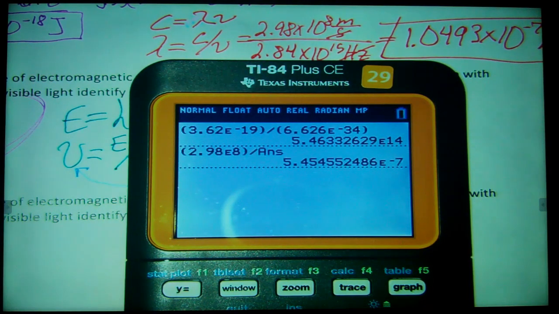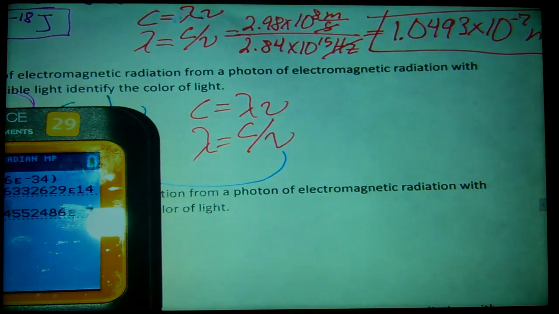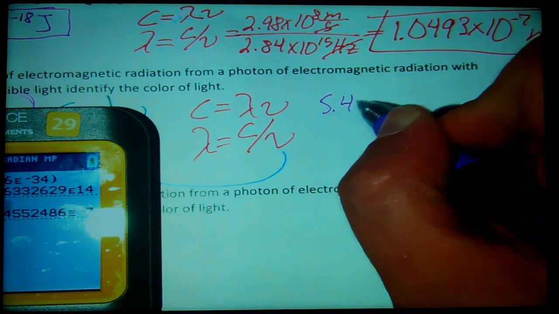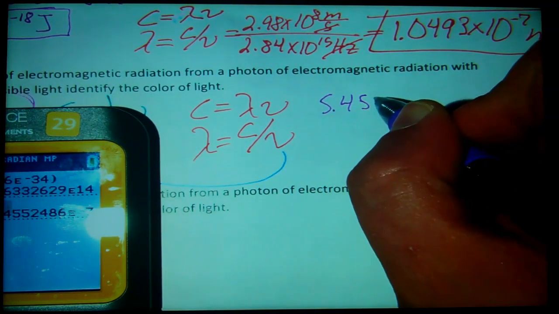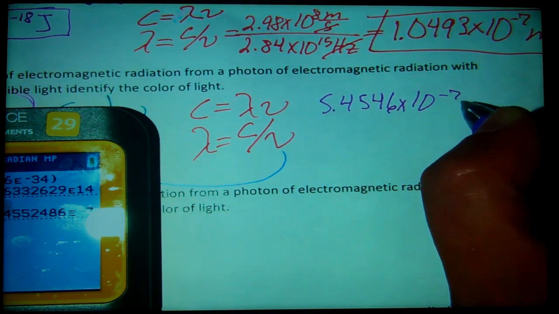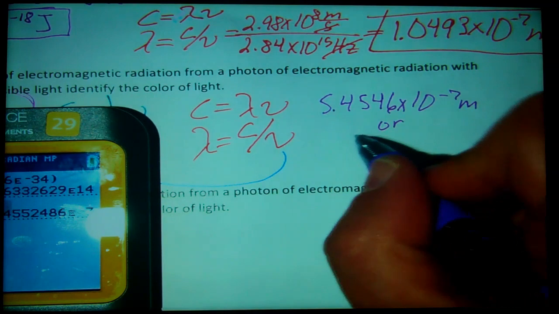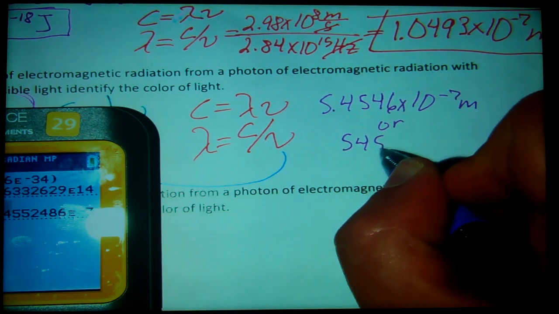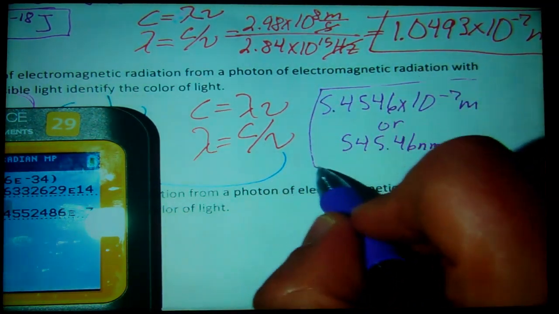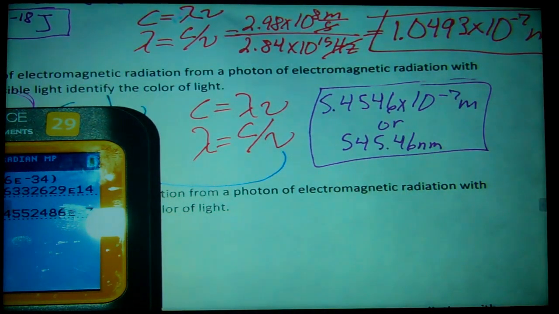So I get 5.4546 times 10 to the negative 7 meters, or 545.46 nanometers. Alright, now these are the two pieces of information I will use to jump into this electromagnetic spectrum,